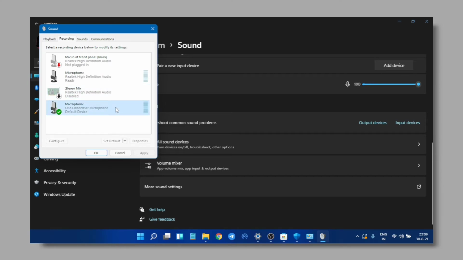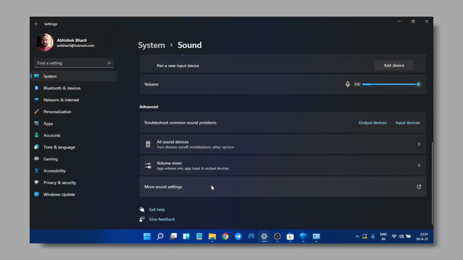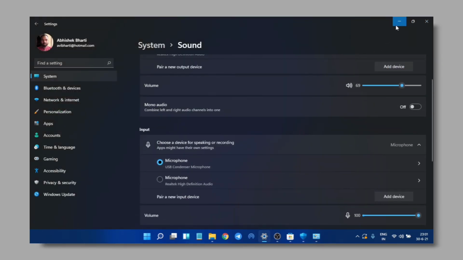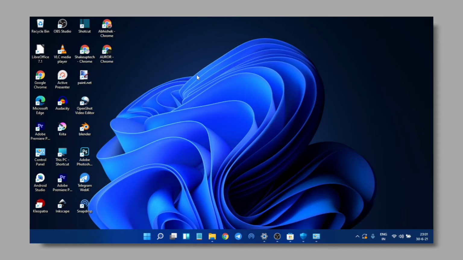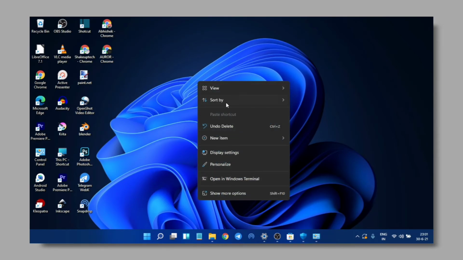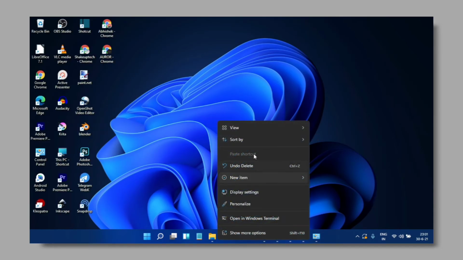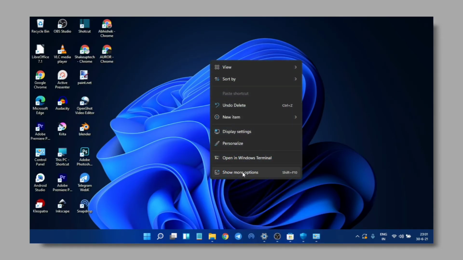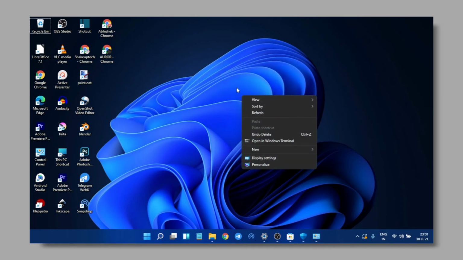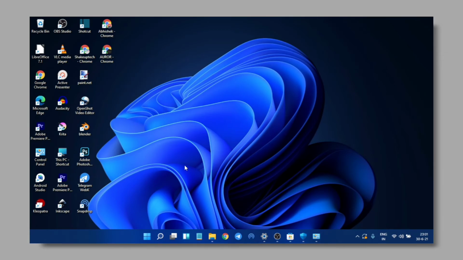You can see this is the mic that I'm using. So you can click this one to open the extra control panel settings. Nice. And also learn this, when I used to right click there was no refresh option. I have a habit of refreshing every time, I don't know why. So I've noticed that if you click this more option, then it shows you the normal Windows 10 options to refresh, view or sort by. Actually I found it online, so I did not press this button until I learned that it actually opens up the old Windows 10 options.